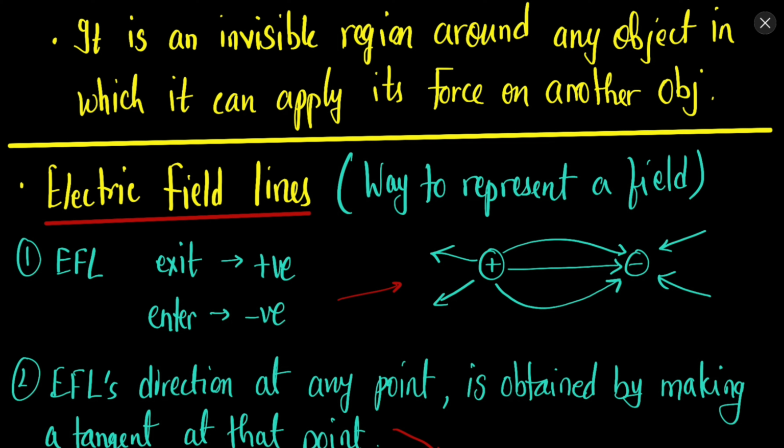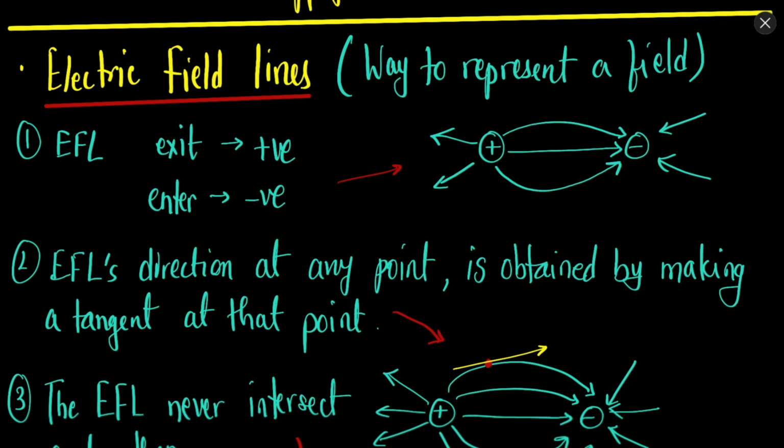Now electric field lines are the way to represent the invisible electric field, and the electric field lines have some properties that we have defined. This standard is described by the scientists. It is not like that in nature it is so. In order to understand and to visualize, we have defined all these things. So electric field lines are the way to represent the invisible electric field.